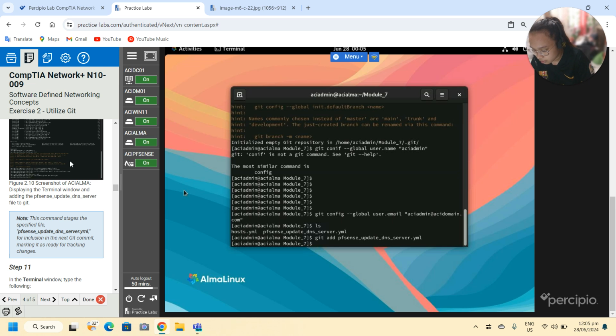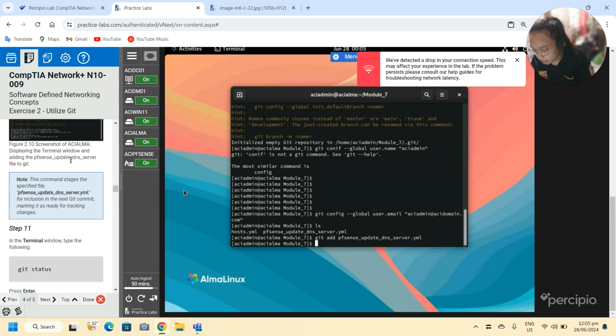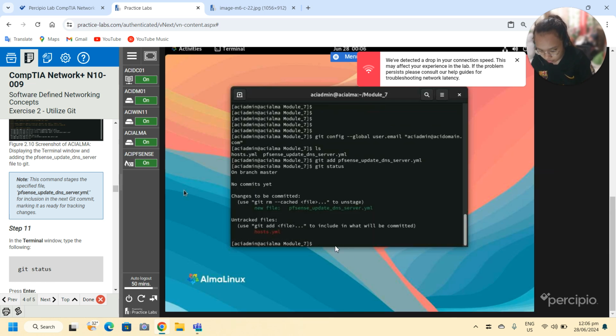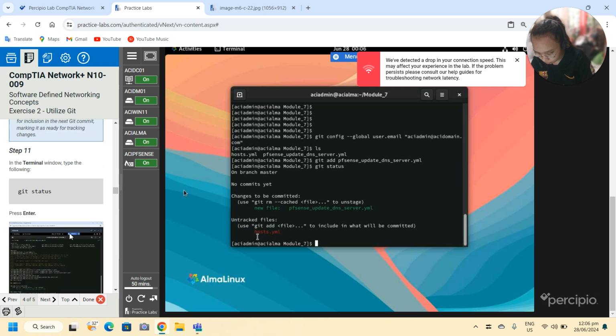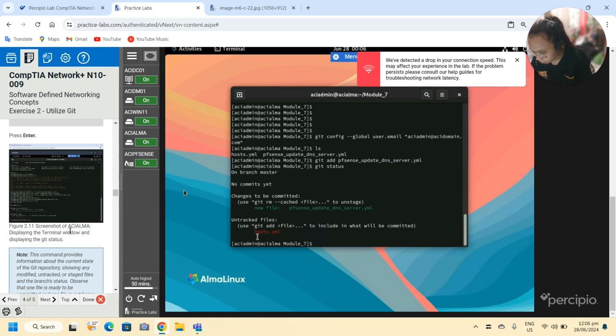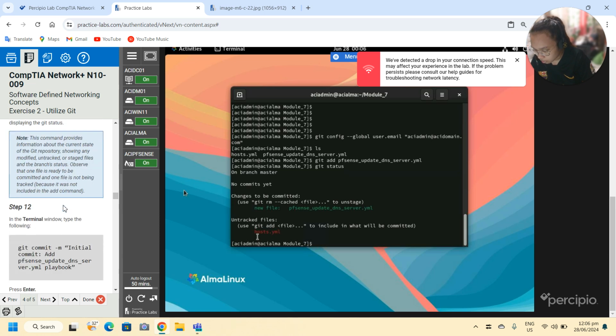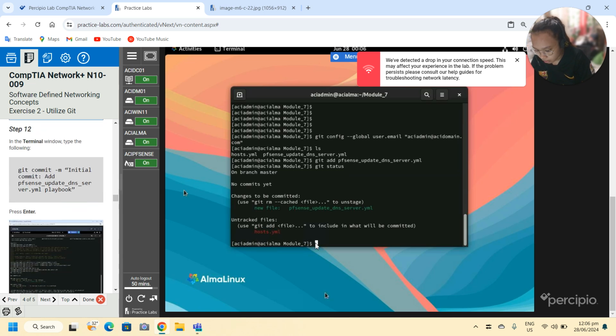So this command sets a specified file for inclusion in the next git commit, marking it as ready for tracking changes. So we have git status. Okay.